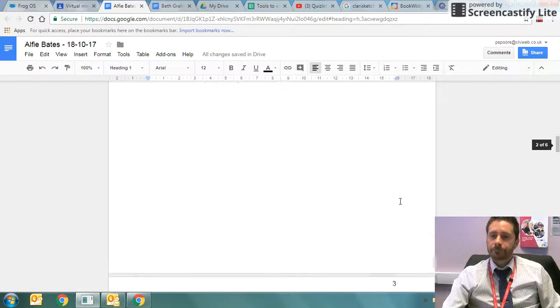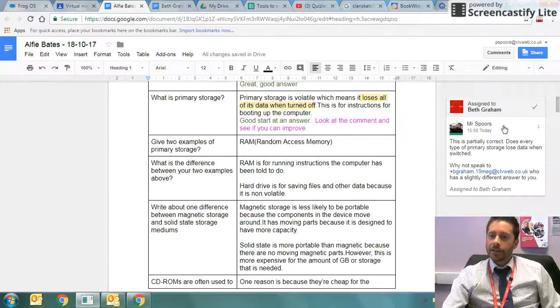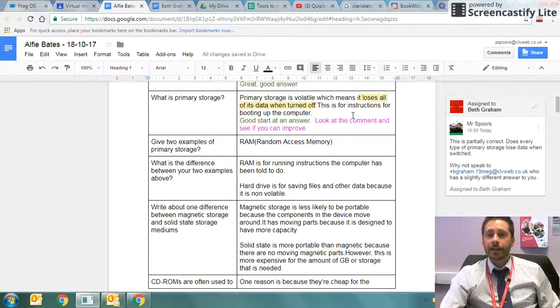Now, one final thing I'm going to just mention is, now that I've given that to Alfie, what I'm going to train my students to do, and some of them do this automatically, it's pretty self-explanatory, he will see that comment and he has the option to resolve that when he's fixed it. So once he's fixed that answer, not only is he going to write his new improved answer there and highlight it in yellow to meet with the school feedback rules, but he's also going to tick the resolve button. I will see in my emails, it'll come up with a quick email just saying Alfie has resolved a comment. I know that he's dealt with it, or he thinks he's dealt with it,